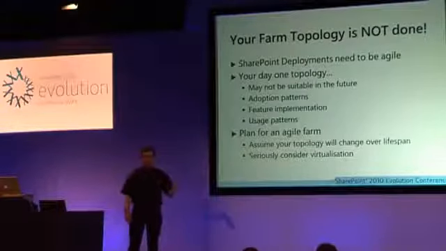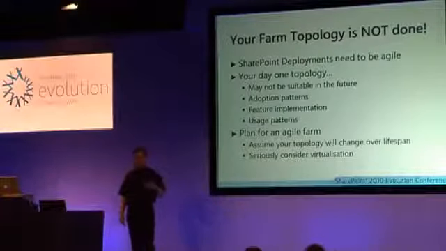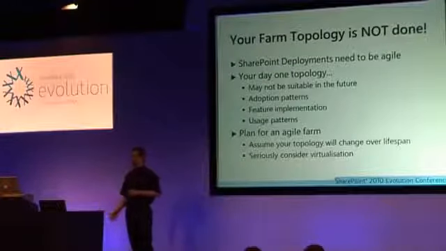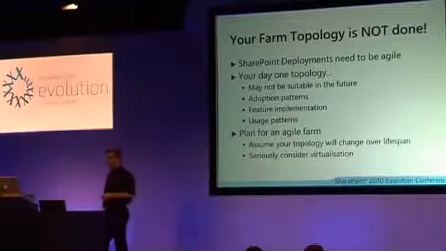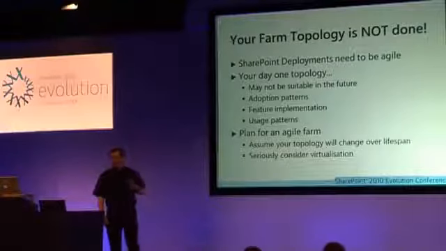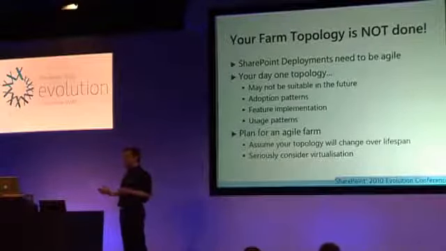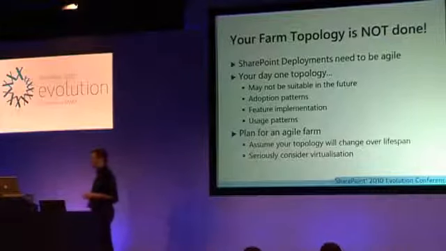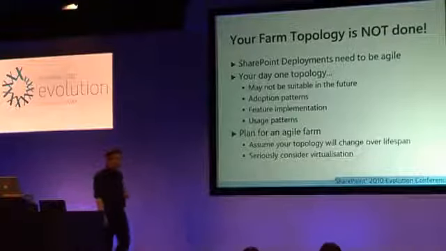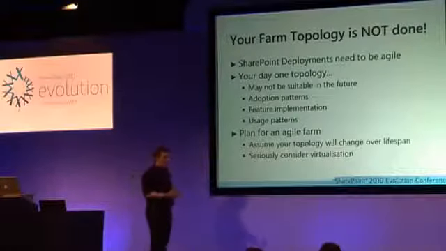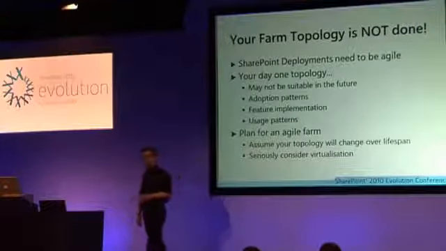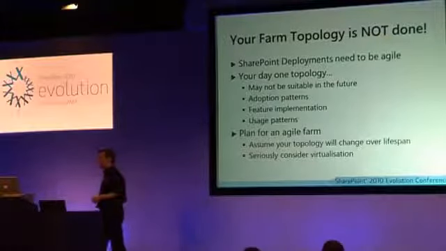The topology you design initially is not going to be the ideal topology for 2 years down the line. You don't actually know how SharePoint is going to be used in your organization until the organization starts using it. Nobody can foresee the future in this space. Especially now with 2010, there's so many new service applications. You need to be thinking about having a rolling ability to change your topology as your usage profile changes. You need to be able to plan for that.